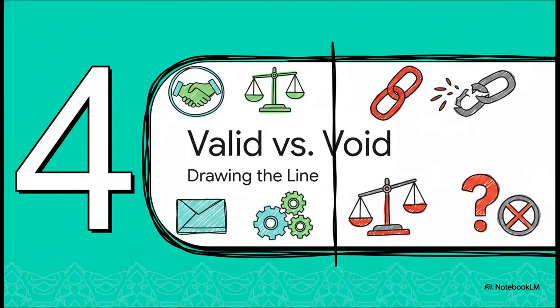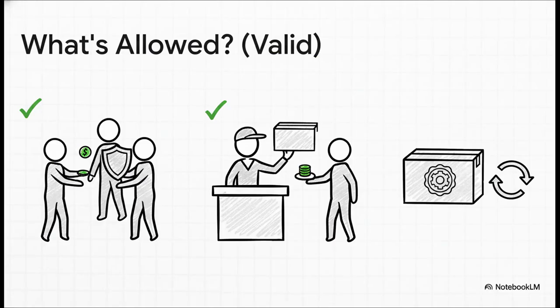This brings us to a super important point. When you're adding your own terms, how do you know what's okay and what's, well, not okay? Let's draw that line nice and clear. So what's totally fine? Things like asking for a pledge or a guarantor to secure a loan, or a seller holding on to an item until the final payment is made. And all those things we take for granted, like a warranty on a new phone or a store's return policy, those are perfectly valid because they're customary and build trust.